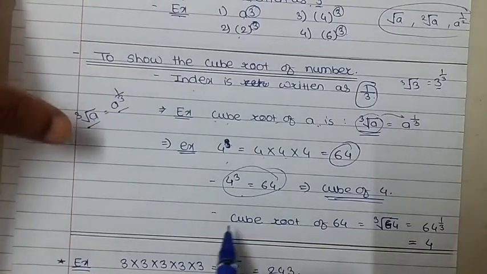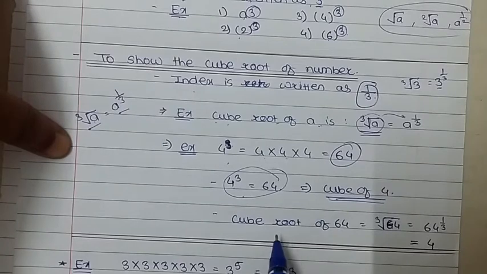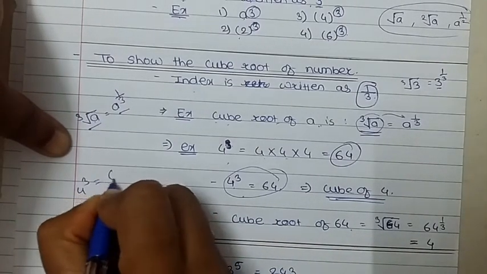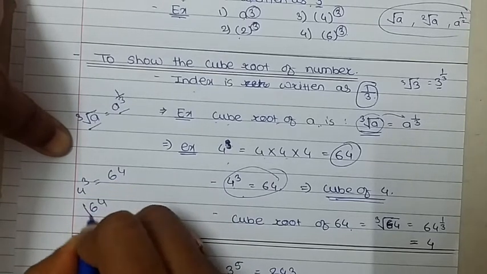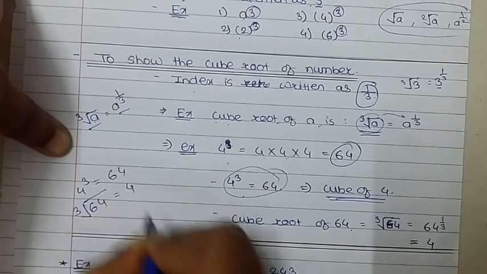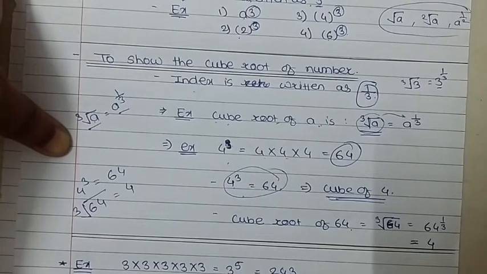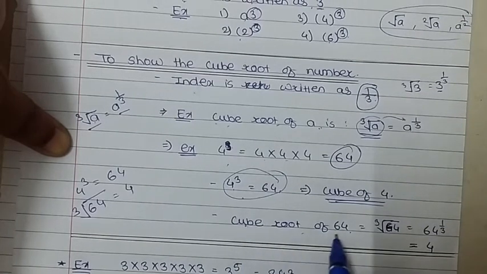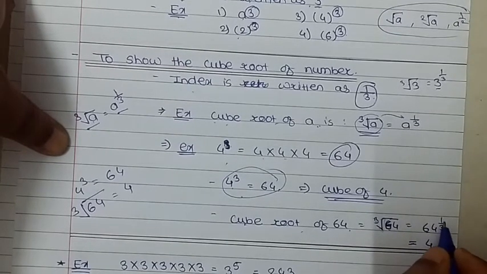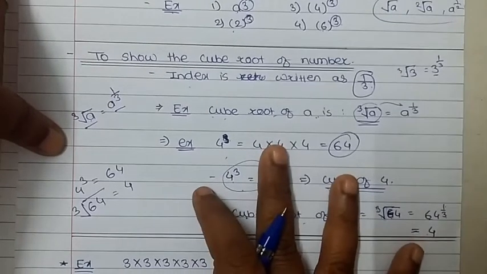Then the cube root. When we talk about the cube root of 64, listen. 4 cube is what? 64. Then the cube root of 64 is equal to what? 4. Like this. Clear? So the cube root of 64, how to write this? Put the root sign here, then here 3, then write 64 here, and it is also written as 64 raised to 1 upon 3 is equal to 4. Understand this? This is the cube root.